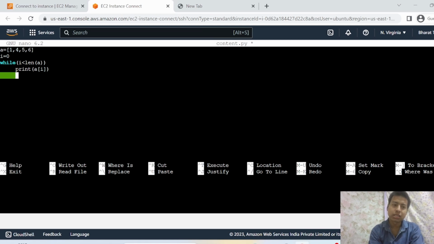But if condition, right? We will put some condition with a break statement. So in while we have to put a colon here, right? We can say if